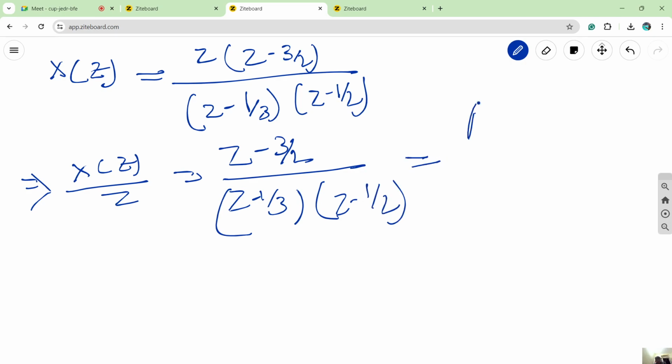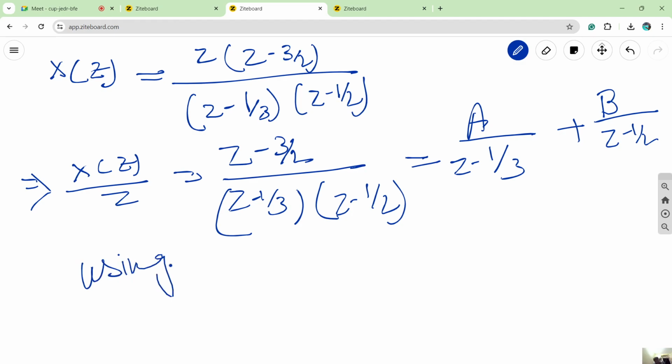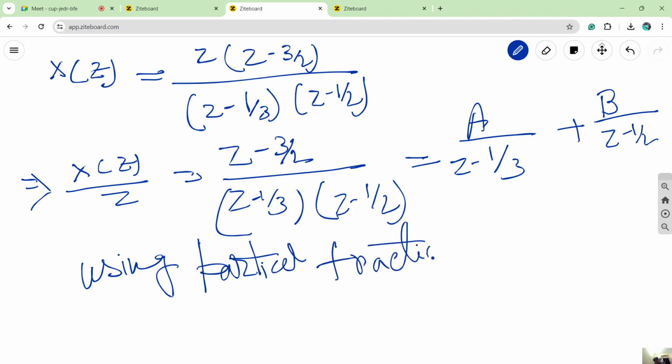So this is actually A by z minus 1 by 3 plus B by z minus 1 by 2. So if we solve this partial fraction, we'll find that A is equal to 7 and B is equal to